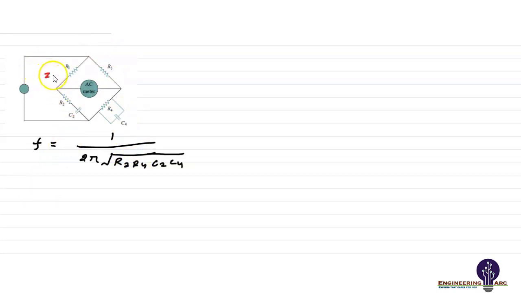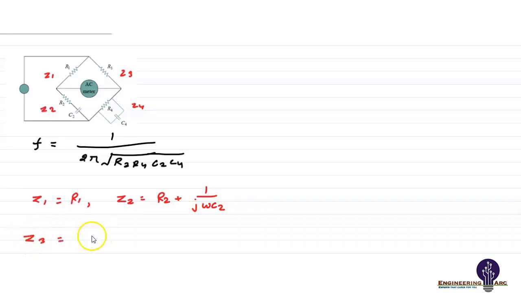So assume this is our Z1, this is Z2, this is Z3 and this is Z4. So what about the Z1? Z1 equals R1 and Z2 equals R2 plus 1 upon j omega C2, and Z3 will be R3. And Z4: in the branch of Z4, the resistance R4 and C4 are